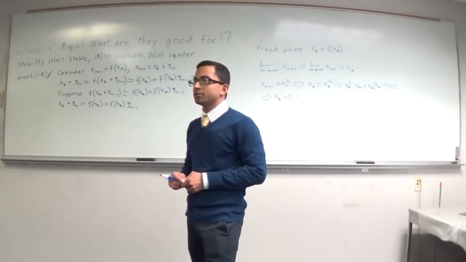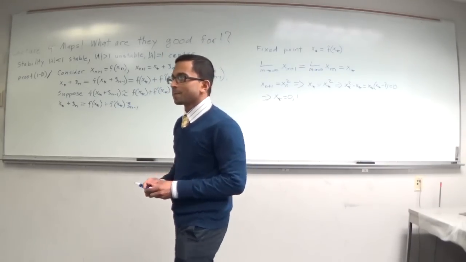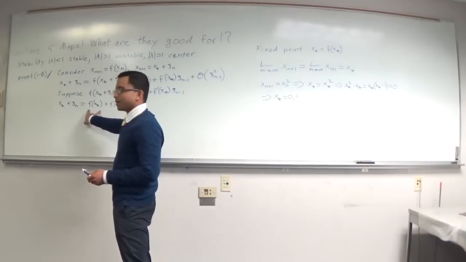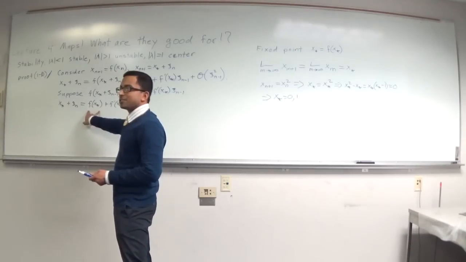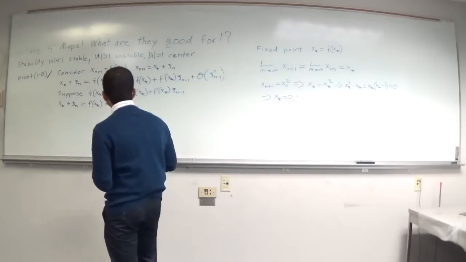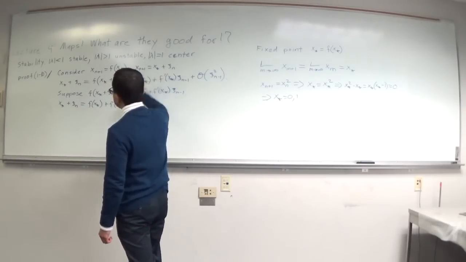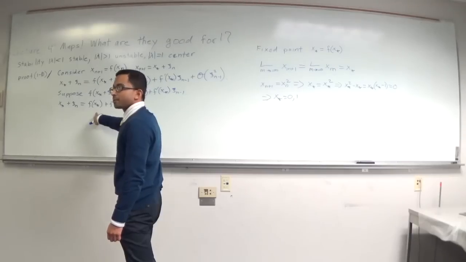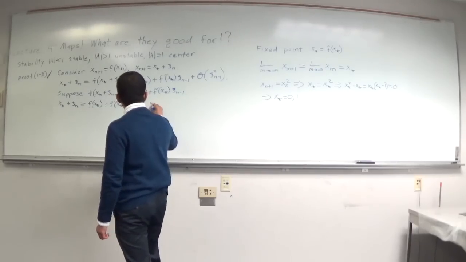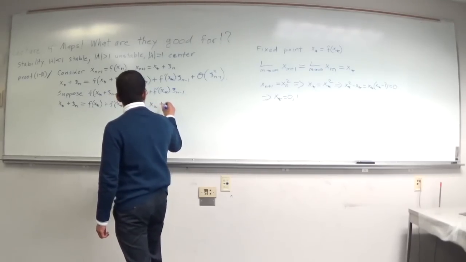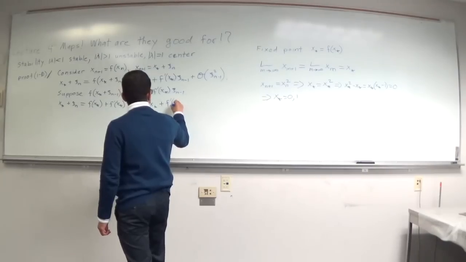That can help our argument? x star is a fixed point. So how about that? What is f of x star? Is it x star? So that's just x star, right? Since x star is a fixed point, f of x star equals x star. So this is going to equal x star plus f prime of x star